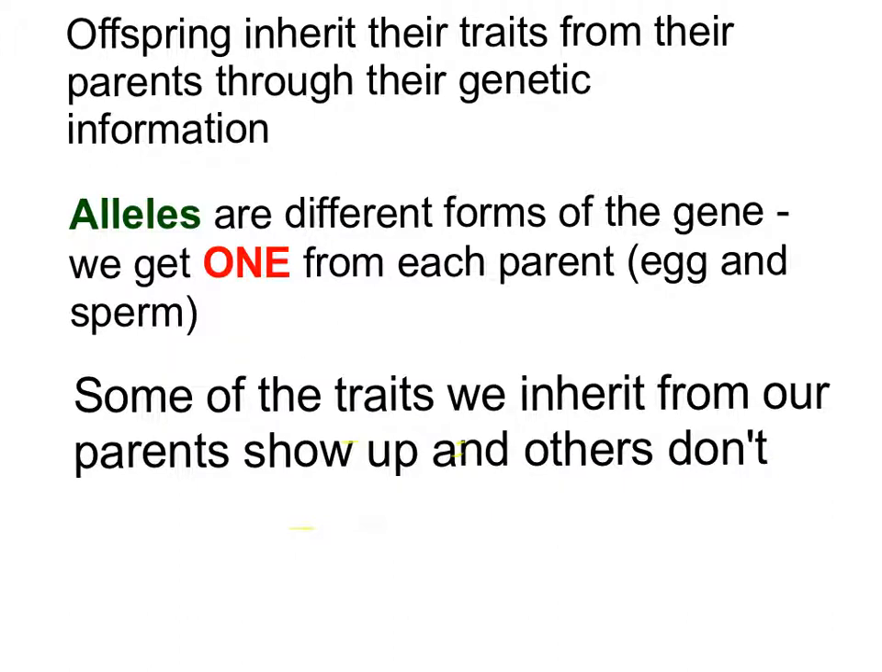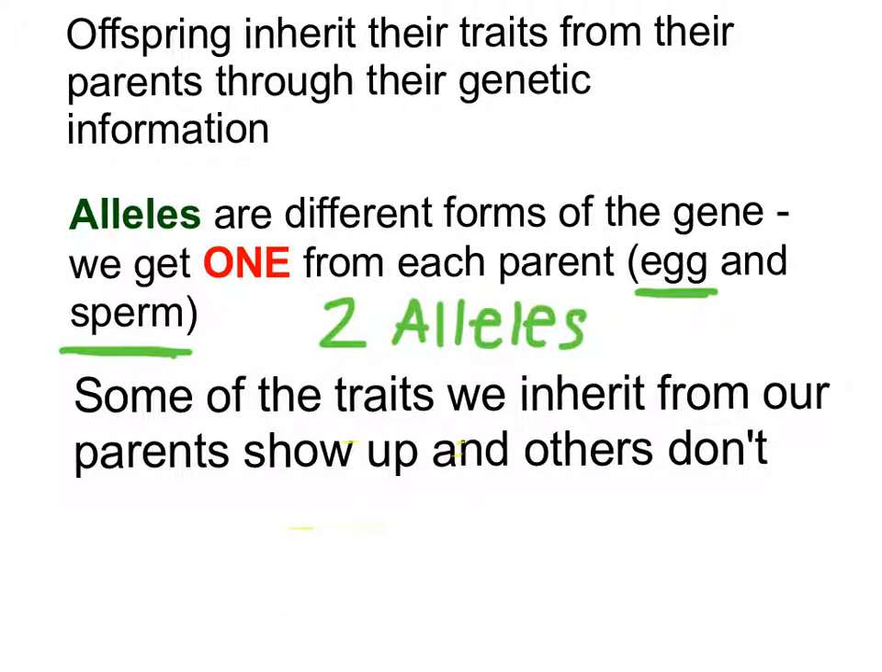Alright, so just as we mentioned on the previous couple slides, we have to keep in mind that you're getting half of your traits from your mom and half of the traits from your dad. Those alleles are the different forms of the genes. So once again, you get one from each parent, meaning you get one from the egg and one from the sperm. So you might get that right-handed ability from your mom and the right-handed ability from your dad. So you get one from each parent, meaning you have two total